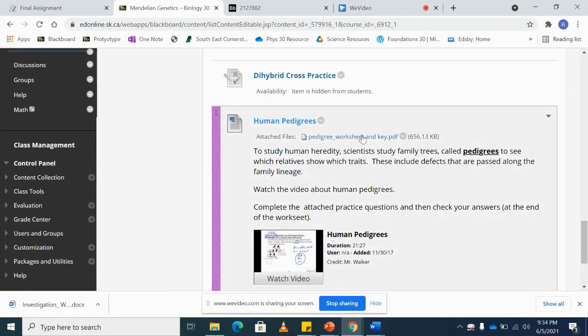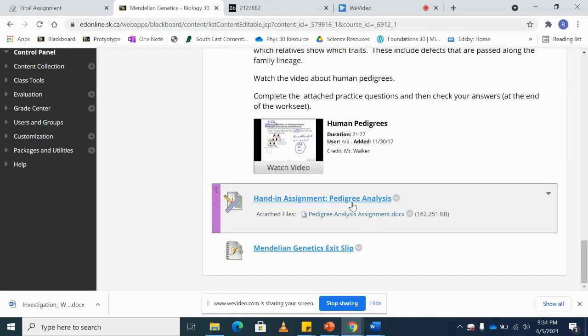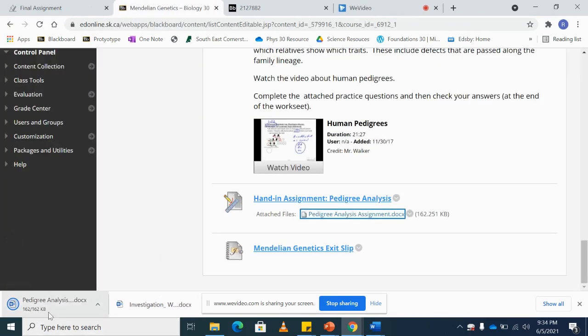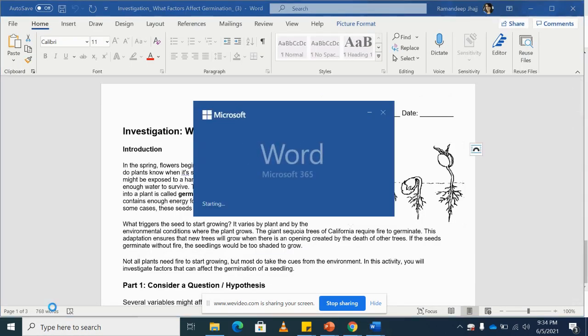They will watch a video, work on a worksheet, and then there's an answer key attached. They will check their answers, and then they will work on the hand-in assignment. This hand-in assignment is a small assignment. It's just 4 multiple choice questions that they will be working on, and it will be like a quick exit